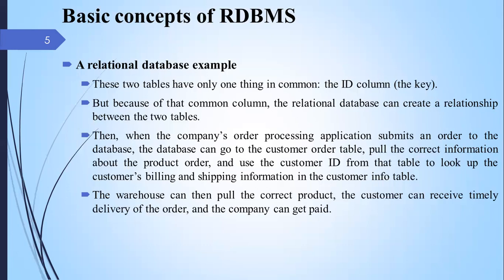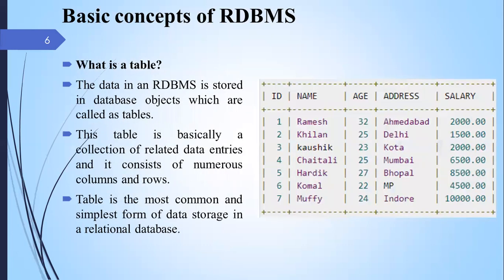That data is stored in Flipkart's database, but similarly there is a customer database and a seller database also. In the seller's database, the information about what type of products are available with the seller is also available. So based on that product ID, these two different entities can communicate between them. So this is the relation between two tables. This is the basic concept of the relational database management system. Now we will proceed next.